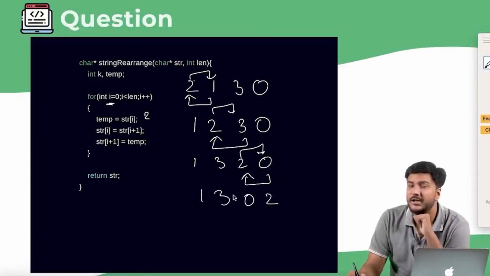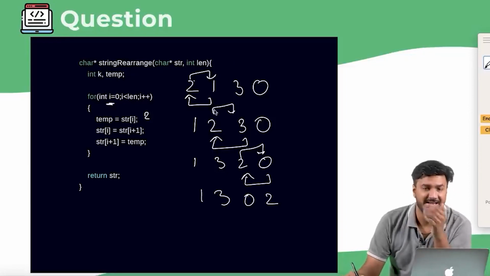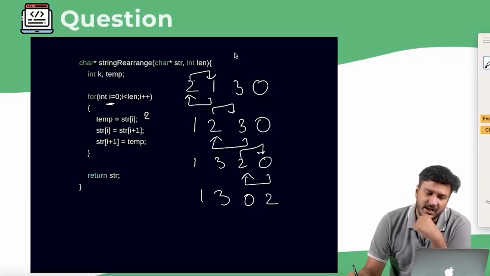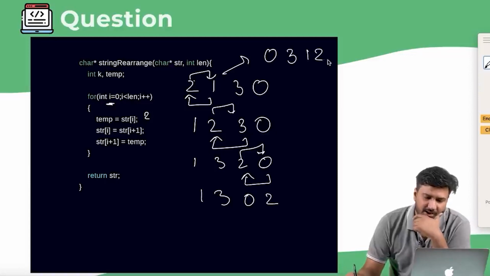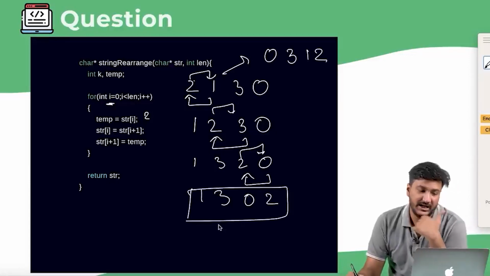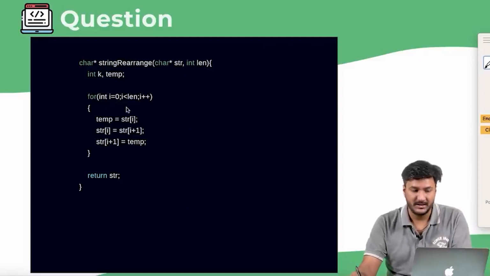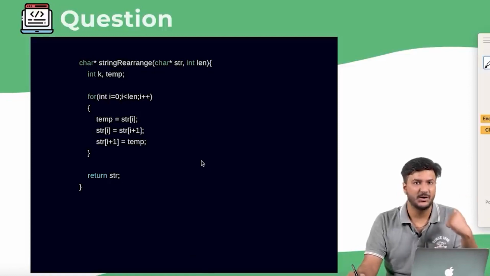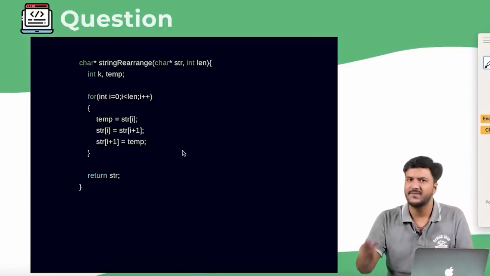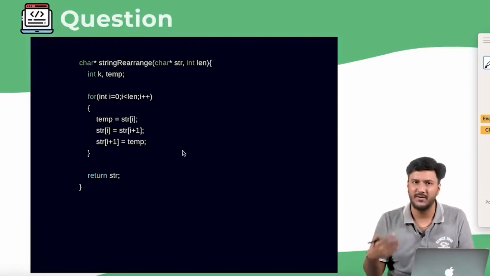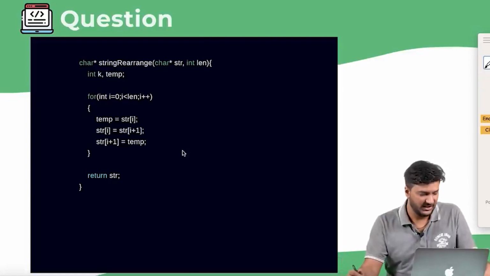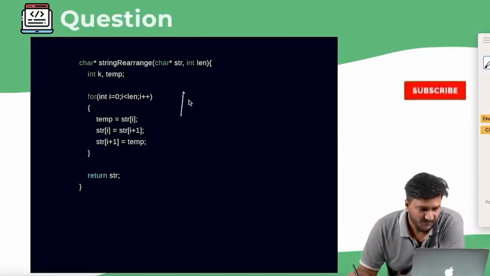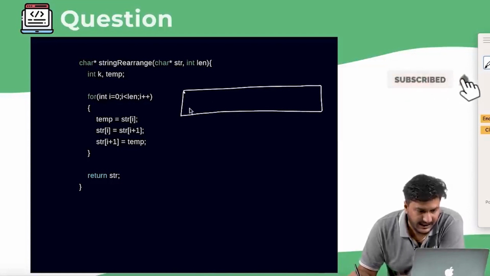Right. But what Manan wanted to do was reverse this. In this particular case, it should have been 0, 3, 1, 2. But our answer is something else. So obviously, the whole logic that is being used here is incorrect. Now, I as a programmer know that there's a very basic and standard program for reversing anything, right? So essentially, let's say I have an array,